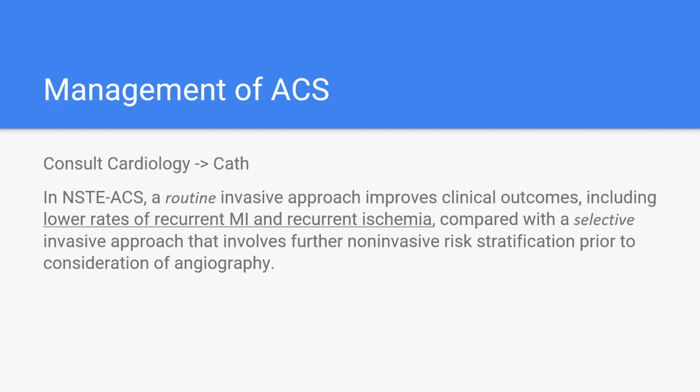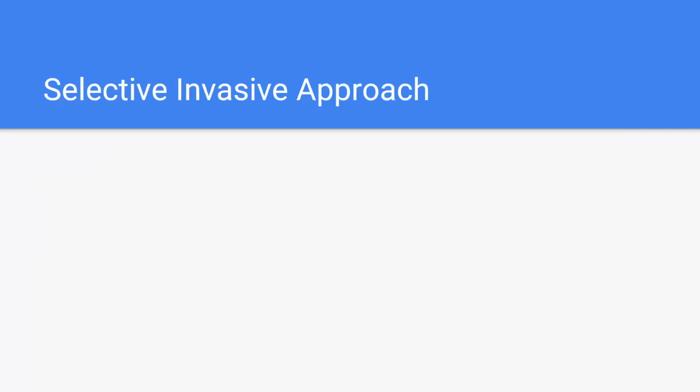The guidelines say that routinely we should be cathing these people if there's any sign of ACS, with lower rates of recurrent MI and ischemia. I think I talked about it right here. Yeah, so with the selective invasive approach, if there are reasons potentially they can't be cathed or there are contraindications to cath,